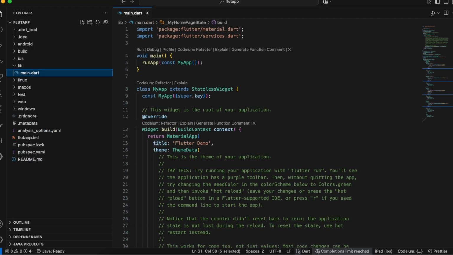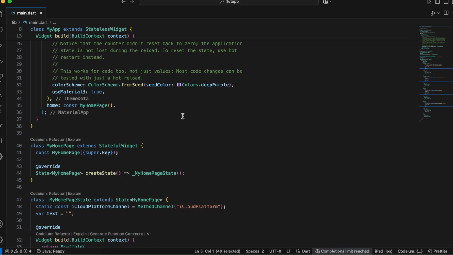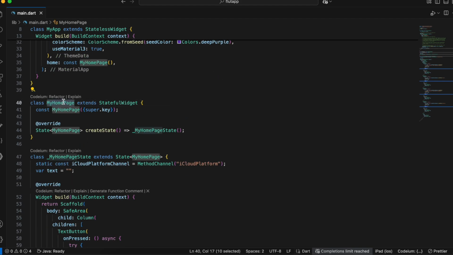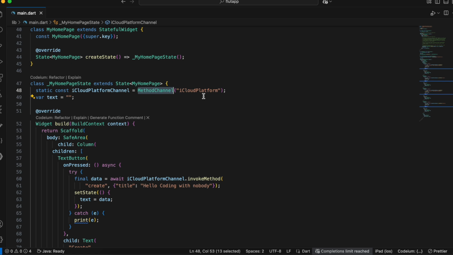So I have just created a sample basic Flutter project. All I have done is that I have imported this Flutter services import. Then just scroll down, and here you have to create this my home page, which extends a stateful widget. And here I have created a method channel, and the method channel name is iCloud platform. Now this will help us to communicate with native code. For iOS side, we need to write some native code, because at least at the time of me recording this video there is no third-party library available for this. And here I have taken some variable called text. So whenever I have four methods, right, so whenever I receive some return type or a callback from those methods,